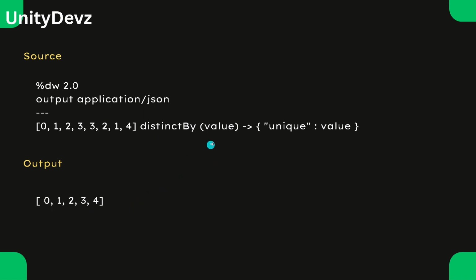We applied a distinctBy function on all these values. If any duplicate occurs, it will remove it. First it will iterate over each and every element, and then it will remove any duplicate that occurs. So in the end we got an array having elements without duplicates. Let's move on to the next function,